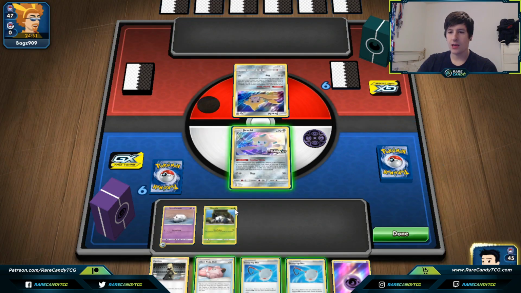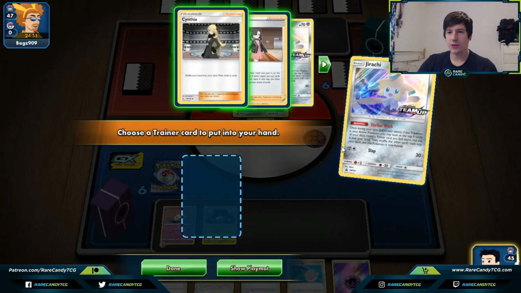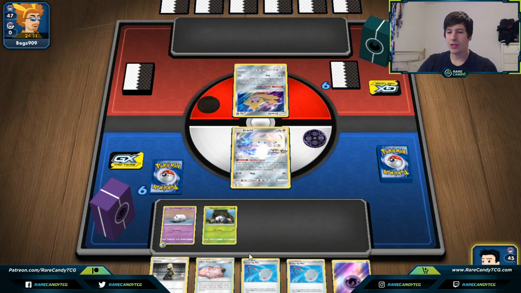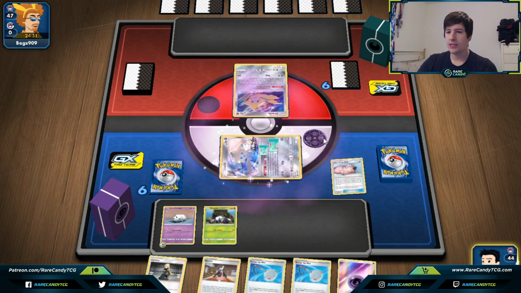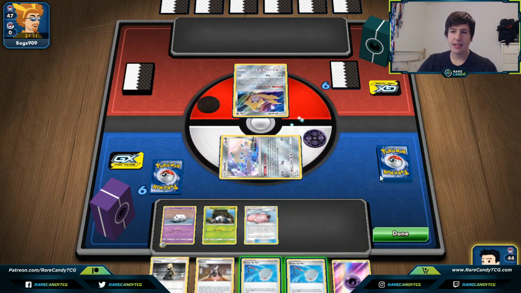So we're just going to get this down. We'll go for our Stellar Wish. Just grab a Marnie. Threaten that, and we will get down the Pokedoll here. And I think I'm actually just going to leave Jirachi in the active. This is dark. I mean, it could be a Spirit Tomb deck, so...